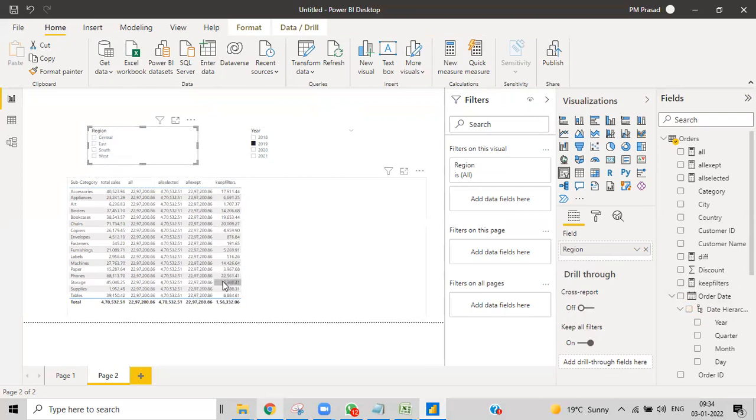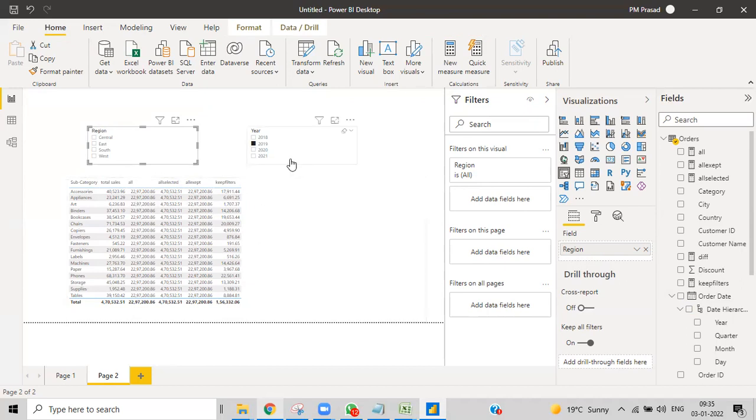Only for that region, whatever filters are applied it will take, but the main filter it will take is region. For the region, only the east it will get, for the others like southwest and central it won't take. The subcategory current context filter within the table is taken, and outside, other than the region, whatever filters we have, it will take.